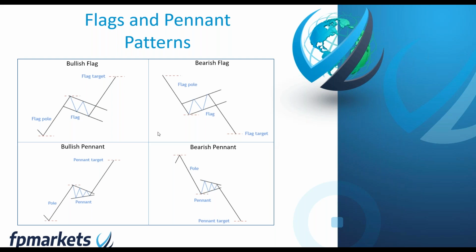As I said at the beginning, for me, I would always look for the flagpole to form first, then find a flag or pennant formation forming. It's only on the breakout, really, guys, that you can actually know that you've got a valid flag or a valid pennant. Any time before that, you don't know what's going to happen. Price could continue lower and simply drop. We just don't know. So there's no way to actually predict whether we have a flag or a pennant, unless we have the breakout in play.